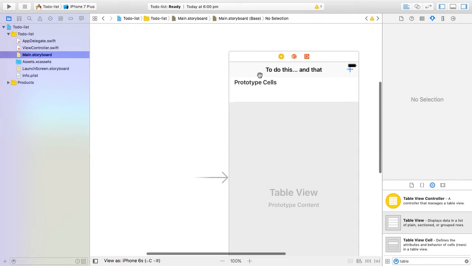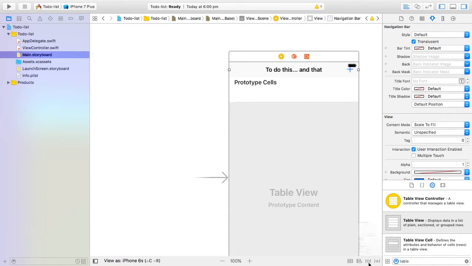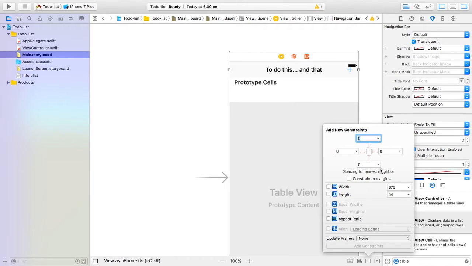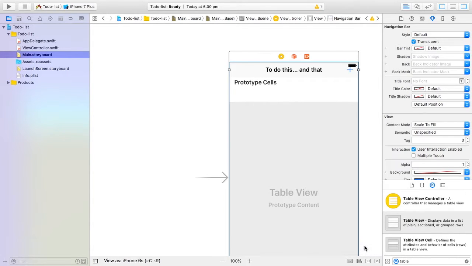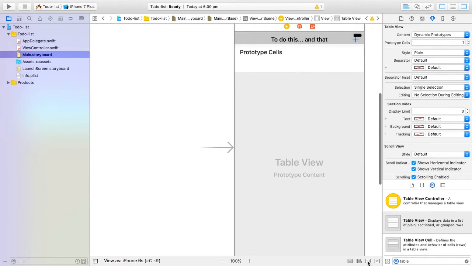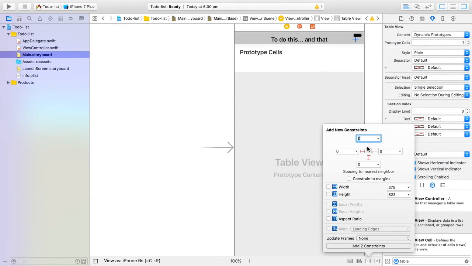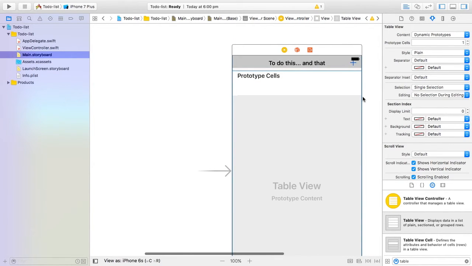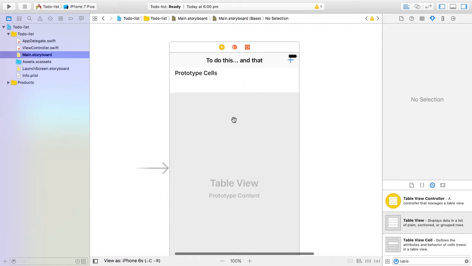And well, we forgot something. That's to do the constraints. So let's pin this navigation bar to the left, top, and right. Make sure it's 0, 0, 0, or something else if you want a little spacing. And for the table view, we'll just go bottom, left, right, top. Yeah, so that's basically it for this,